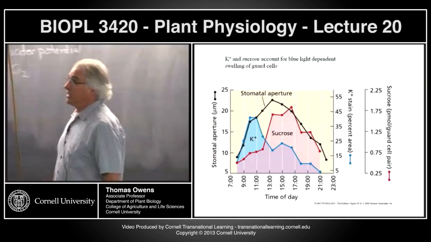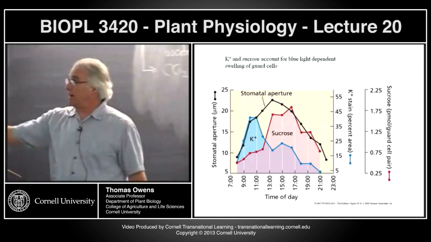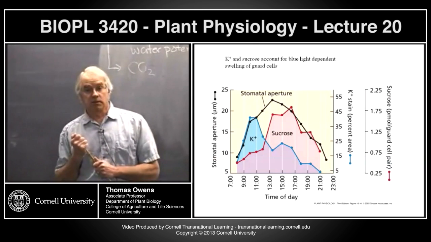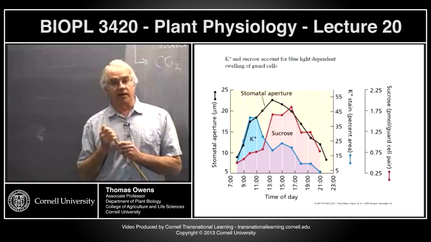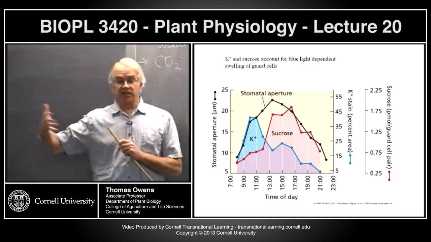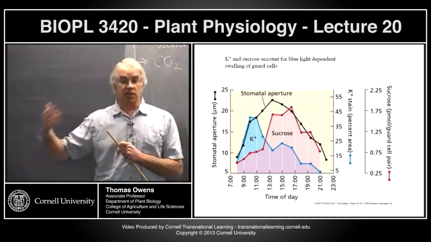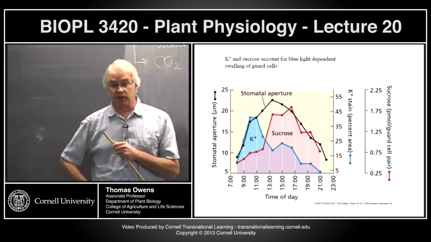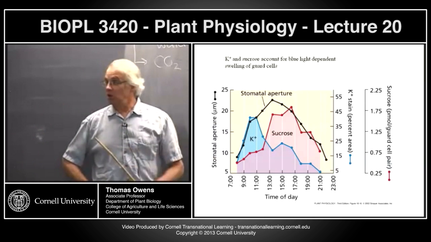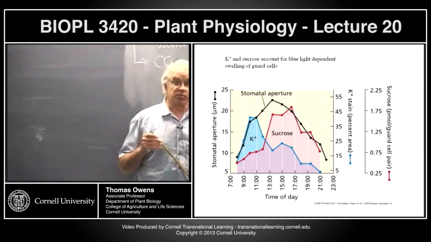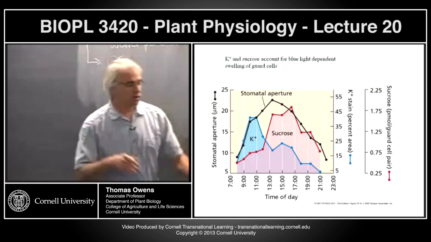And initially, as Michael mentioned earlier, potassium plays an important role in this. It's been known for a long time that acidification in guard cell protoplasts is accompanied by potassium uptake by the guard cell protoplasts. So there's an initial transport of potassium into the guard cells,